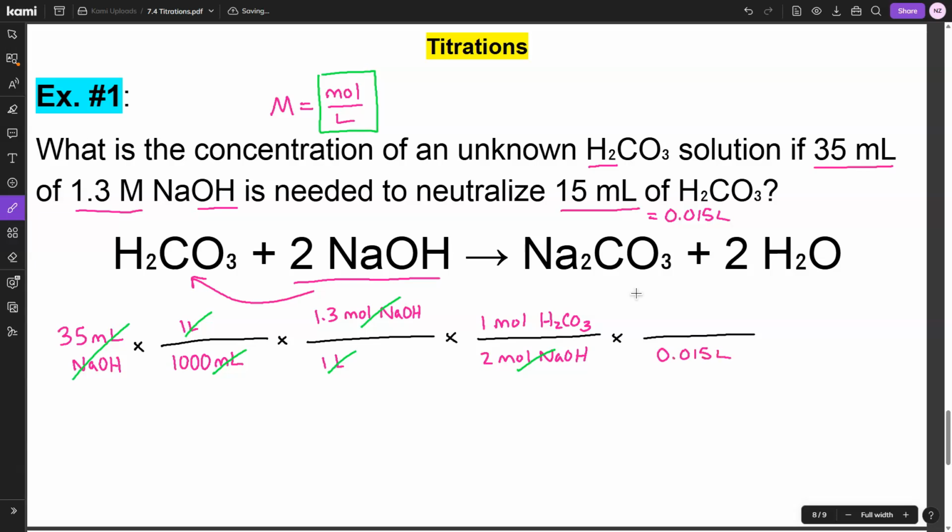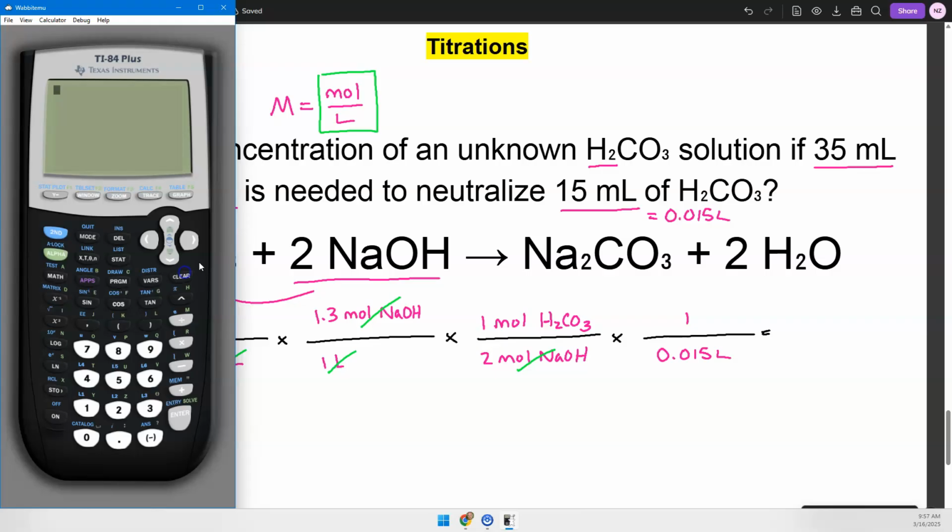0.015 liters. Now you're probably thinking to yourself, well, wait a second, these units aren't the same. I'm going to put a 1 on the top. Okay, it's just kind of a placeholder. Now, when I multiply my units, moles times 1 will give me moles on the top. And then I'm going to have liters on the bottom. Moles divided by liters is going to be the same as molarity. So I know I'm breaking a rule, kind of, for our stoichiometry,